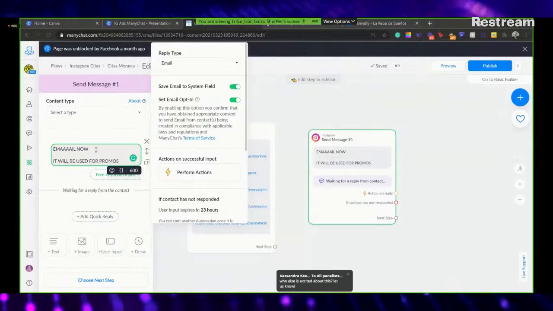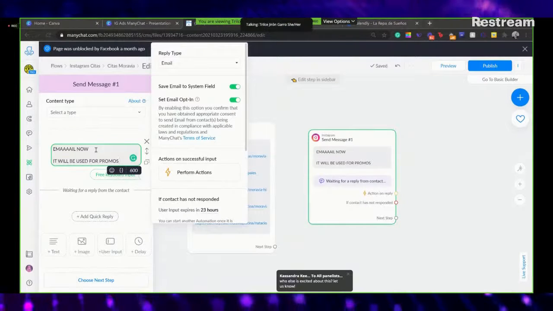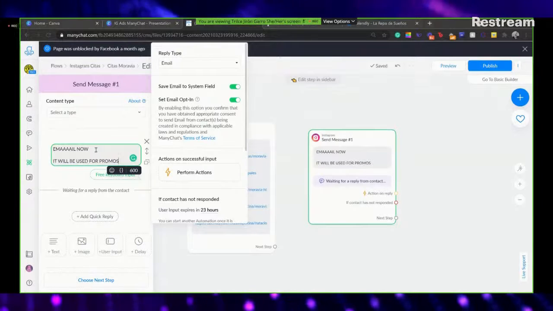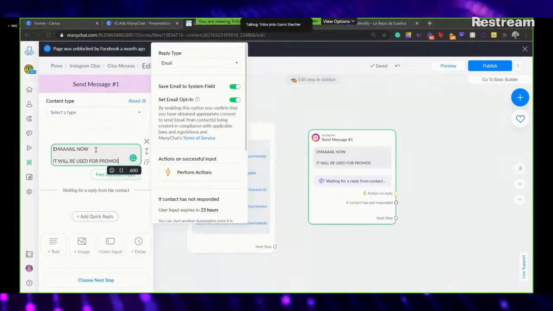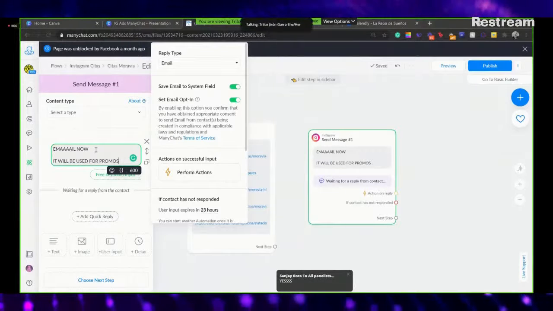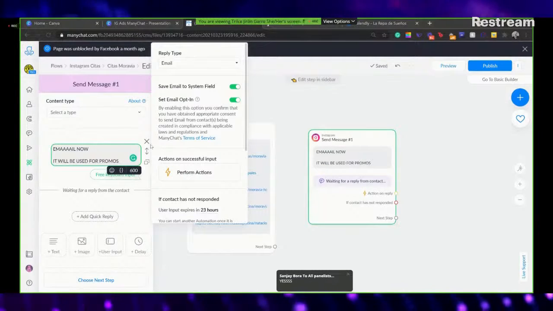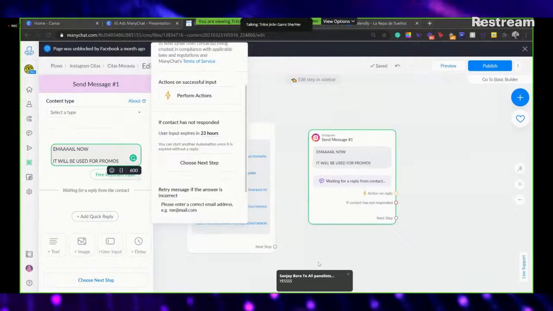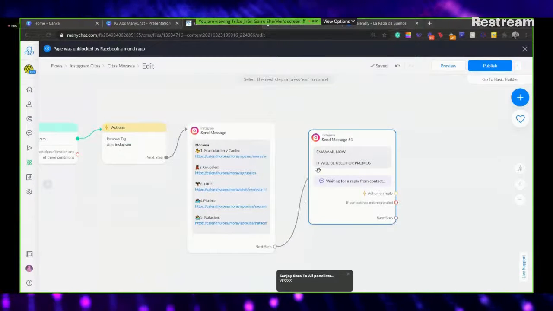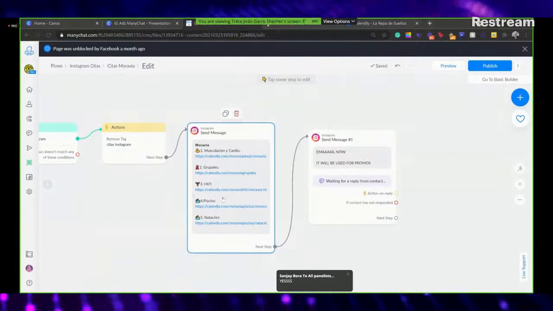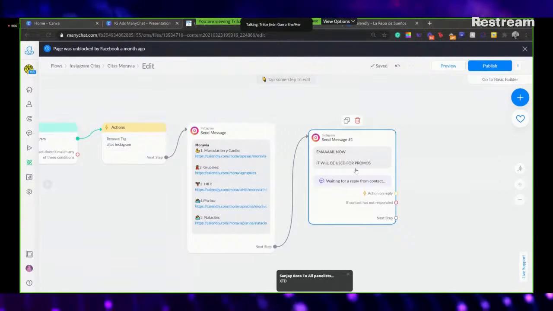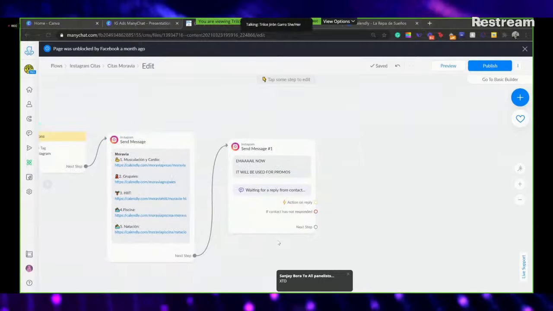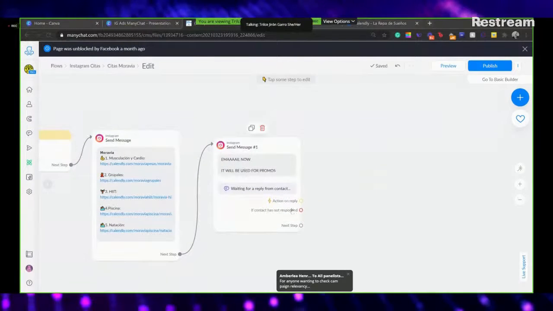If you're going to send a recap via email and that's it, let them know. But if you are going to be storing this email for sending them promotions, events, anything on their email bulletin or whatever you want to do, you need to let them know. So we're just going to attach it so that after the links, it's going to say our very aggressive email now, letting them know it will be used for promos,